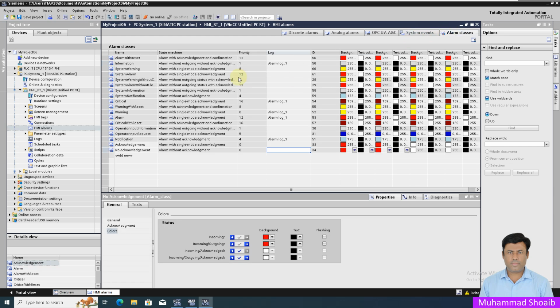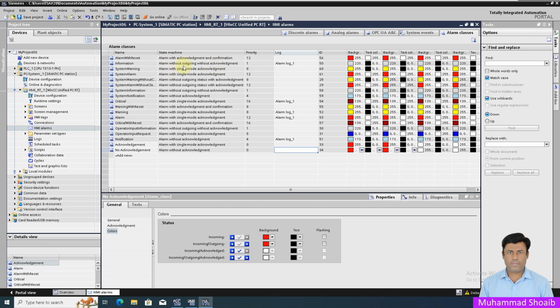And here we select the information class alarm, without outgoing and without acknowledgement. So for this class, you do not need acknowledgement. It will just log whatever value is coming. It will just log it. Okay. But